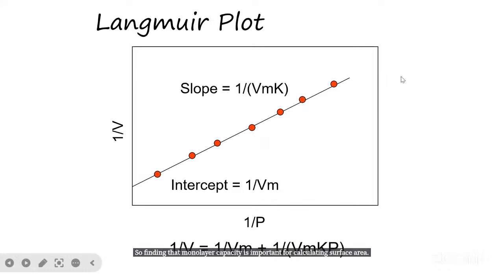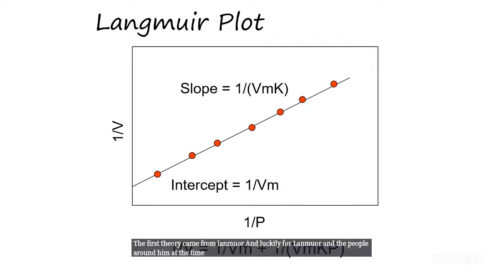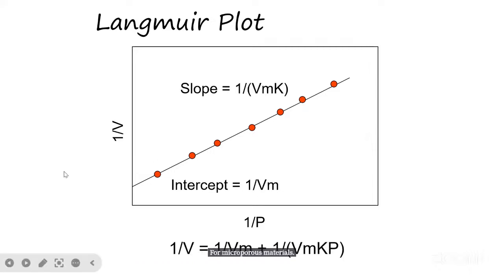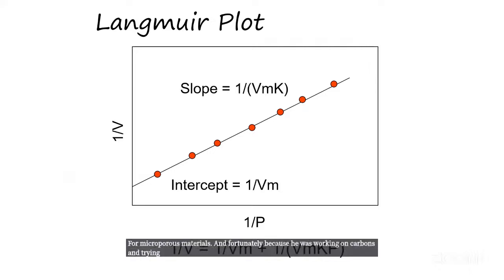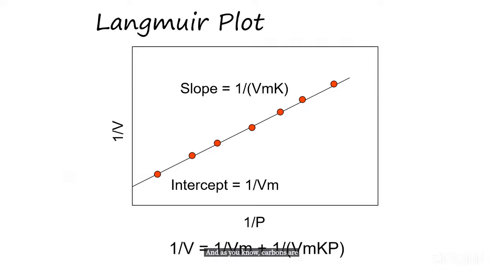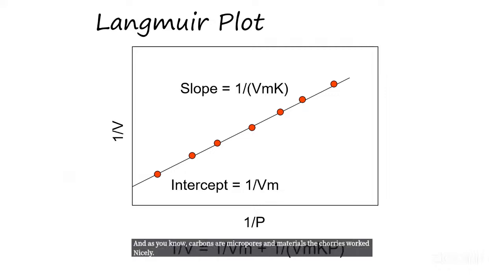The first theory came from Langmuir. And luckily for Langmuir and the people around him at the time, the modeling that he came out with was quite successful for microporous materials. And fortunately, because he was working on carbons and trying to prove whether the theory is good enough using carbon materials. And as you know, carbons are microporous materials. The theories worked nicely. But when it was applied,